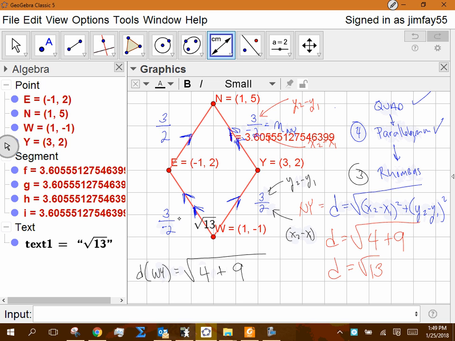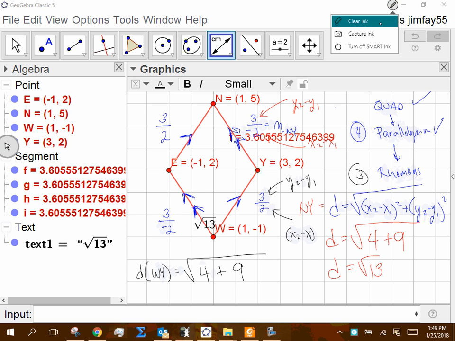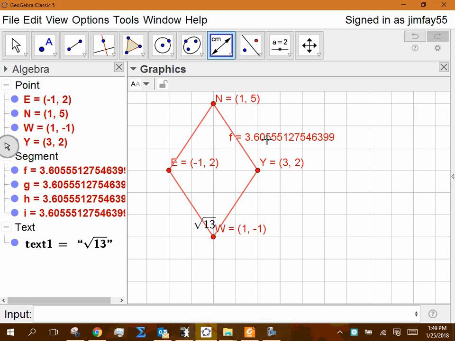Okay. Now, as I go around this rhombus, are all those 3s and 2s? So I'm always going to, when I square, get a 9 and a 4? So would you agree that all sides are radical 13? Okay. But I don't really need to go and do the additional 2 sides, because think about this. If I'm just going to clear some things up here. We have shown